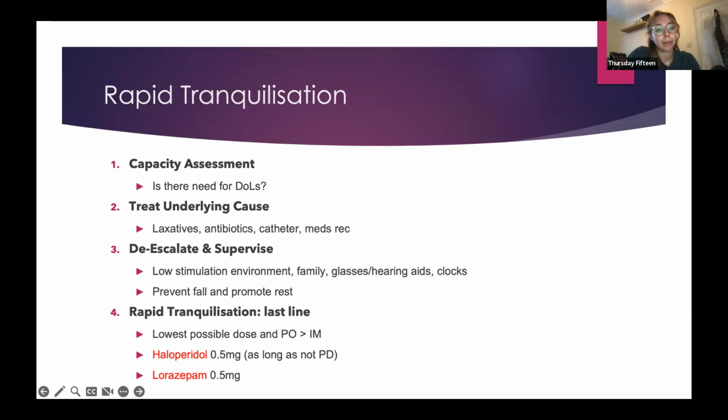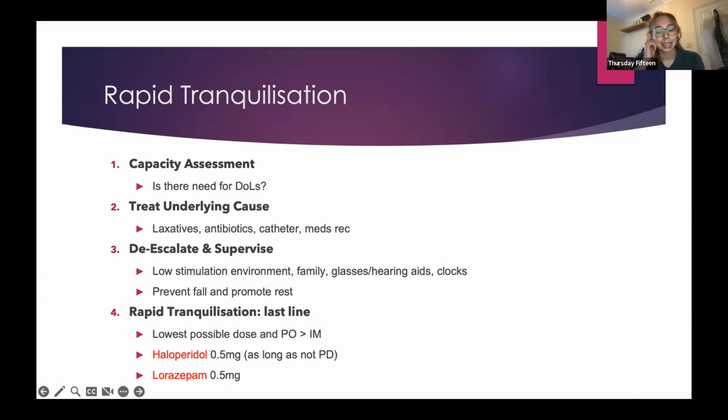So we need to be either giving them laxatives, antibiotics. A common cause of someone being delirious on a ward acutely is they've just suddenly gone into urinary retention. So just have a feel of their tummy, and make sure that you're looking at the medicines and there's nothing that we're giving them that's making it any worse.